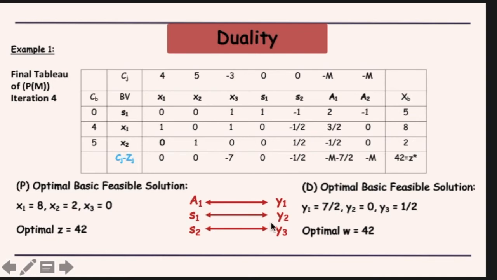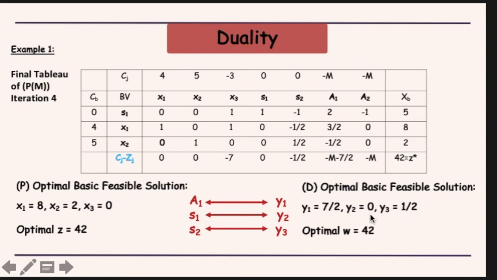For y3, since y3 is associated with s2, we are going to look at the Cj minus Zj for s2. This is minus half, and according to our rule, we are going to take the negative of this. So y3 will become positive half. So these are the values of our dual variables for the dual problem corresponding to the primal which we have